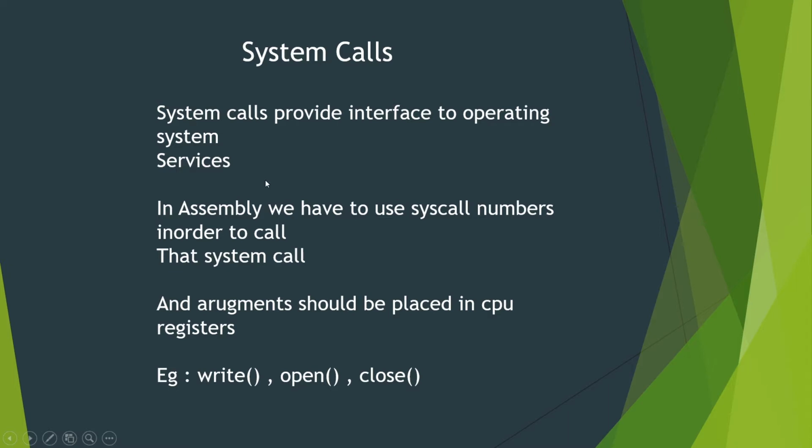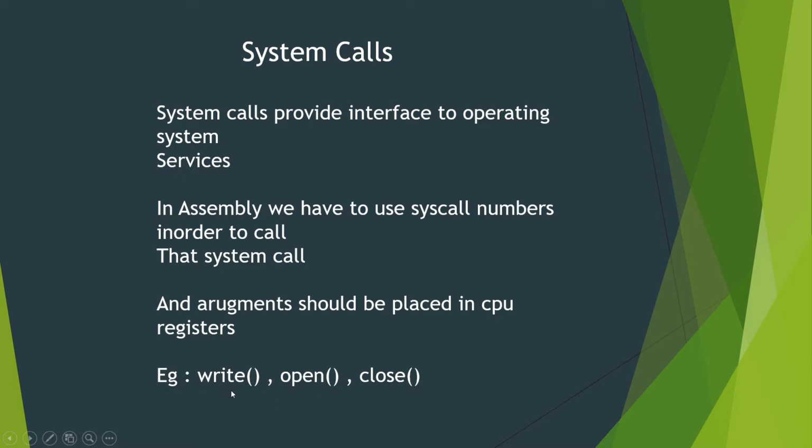So if you are the user and your program executes in user land, and you want to open a file or delete a file, you need to use the operating system services, and those services are write, open, close. These are just examples. Write will write the data to a specified location, open will open the file in the specified location, and close will close the file. So these are some of the operating system services.